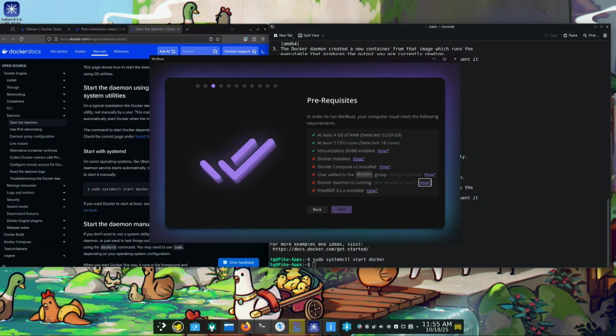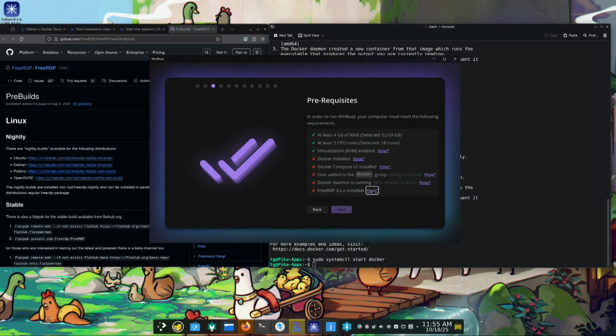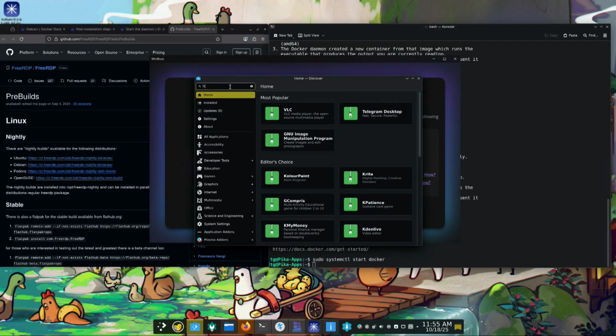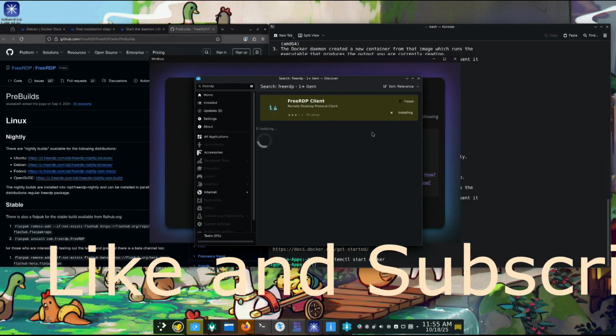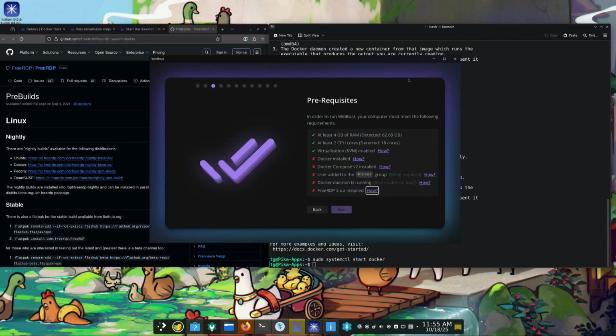But now the thing that we need to do is install FreeRDP. Now you can go here and do it from the command line, but on most distributions you can install that through the GUI. No reason to go through the command line to do that. You just open up your software manager. We're going to type in free RDP. Here it is right here. Boom. And now, after that installs, we're going to go ahead and reboot the